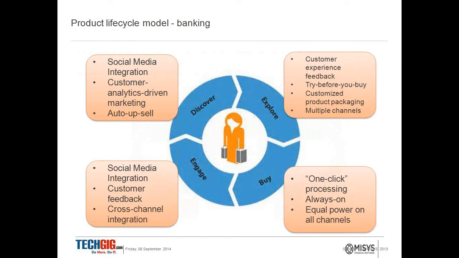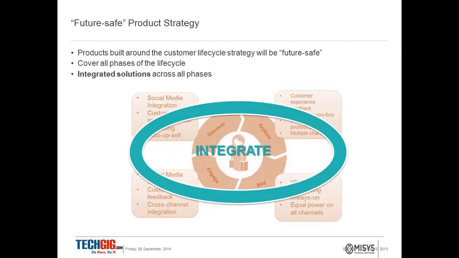If you say that I'll build a great buy part platform, let's say again going back to the banking model, I have a great transactional banking system which customers can use either from the branch or the online model, and it's the fastest, it gives me the best transaction capabilities, it's safe, it's able to cater to millions of customers, but you don't have the engage part of the product handled, right? You will still not be successful because your customer engagement will not be fulfilled to the extent that some of your customers